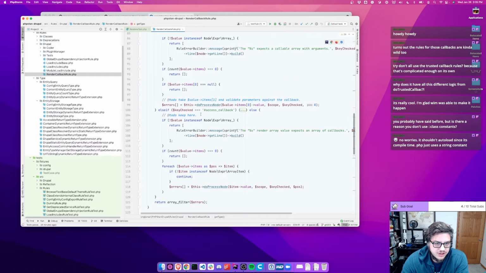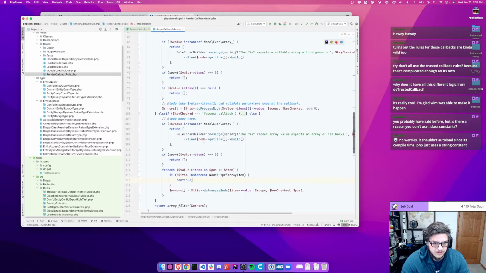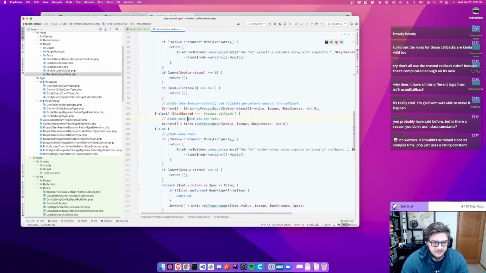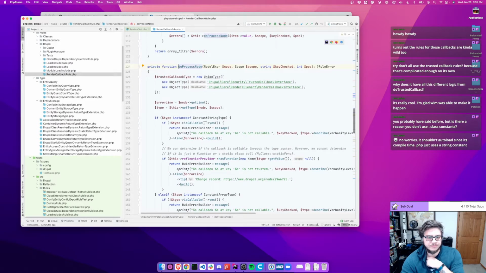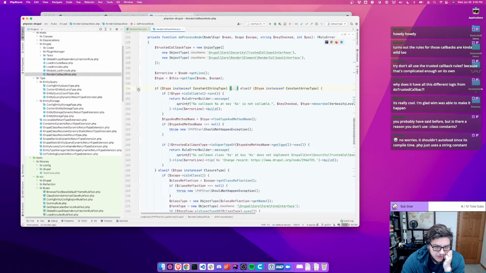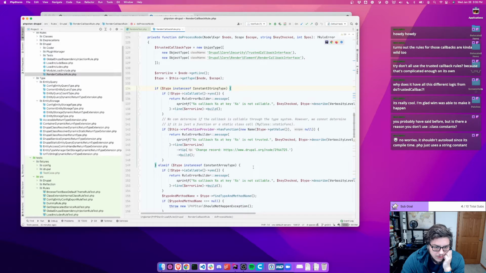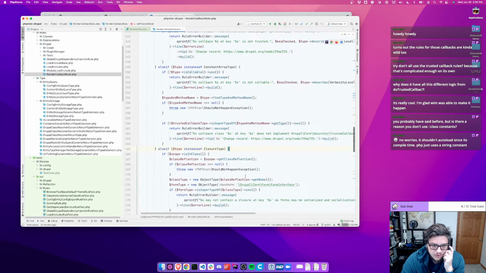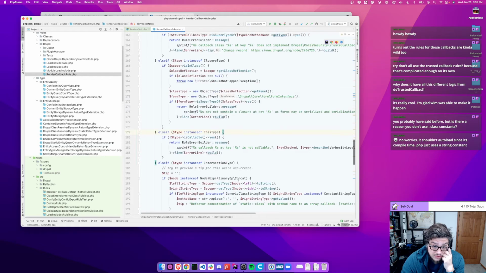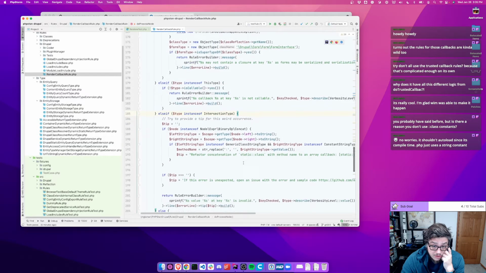Else, if key checked is access callback, where'd it go? So if access callback do process node, constant string type, constant array type, closure type, this type, intersection type,